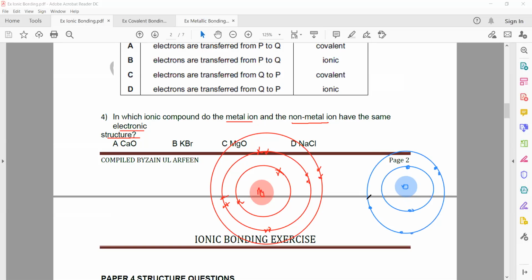Because it's an ionic compound, magnesium will lose its electrons and oxygen will gain those electrons. So when magnesium loses electrons, what is the new configuration? As it lost electrons, magnesium will form a positive charge, and it will have 10 electrons because it lost 2 electrons. In the same way, oxygen took 2 electrons from magnesium. So what will be the charge on oxygen? The charge on oxygen will be -2. So you can see they have the same number of electrons, or the same electronic structure. Is it clear?